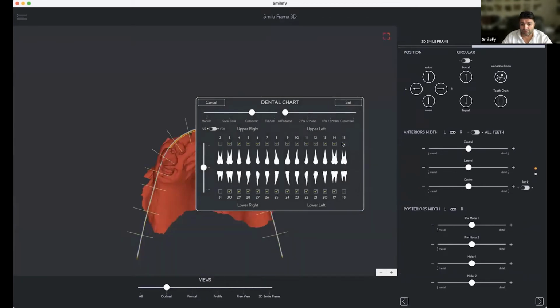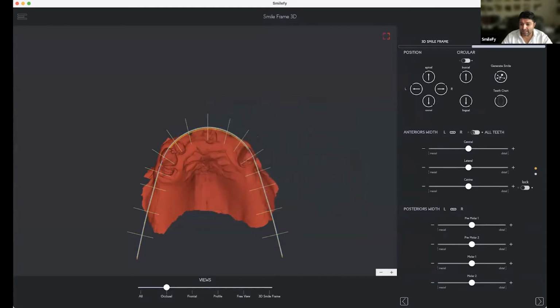We're gonna choose full arch, and for full arch implant bridges, I can activate all teeth so that the size of the arch remains the same according to the central ratio. So if I reduce the width of the ratio of the centrals, everything reduces with 1 unit, right?